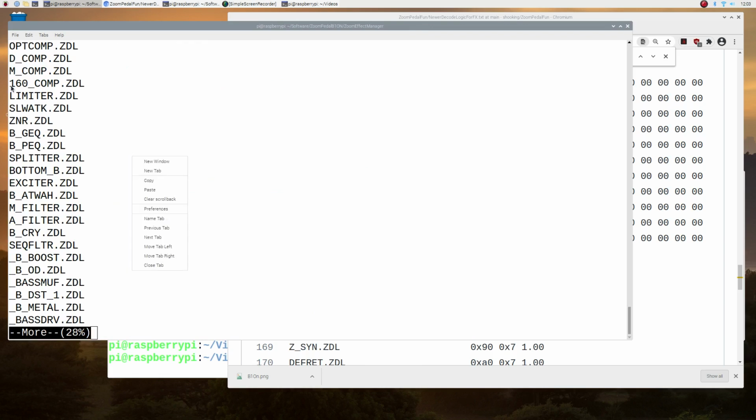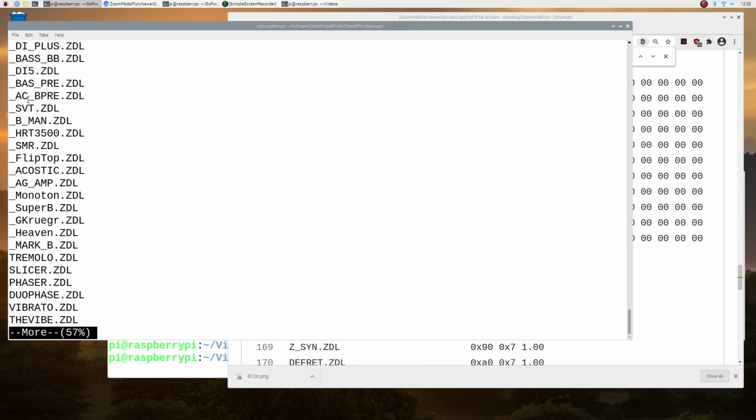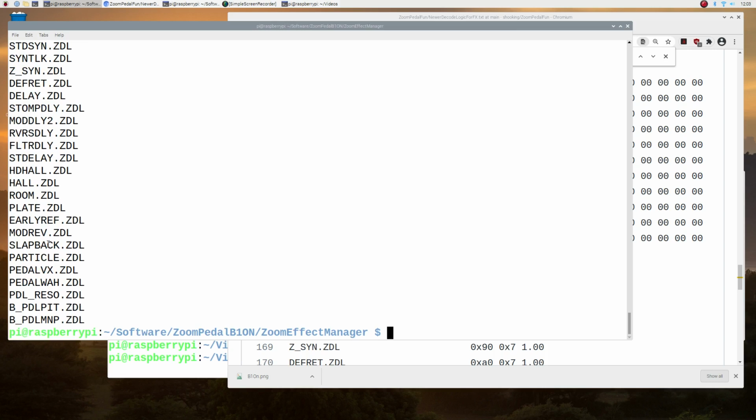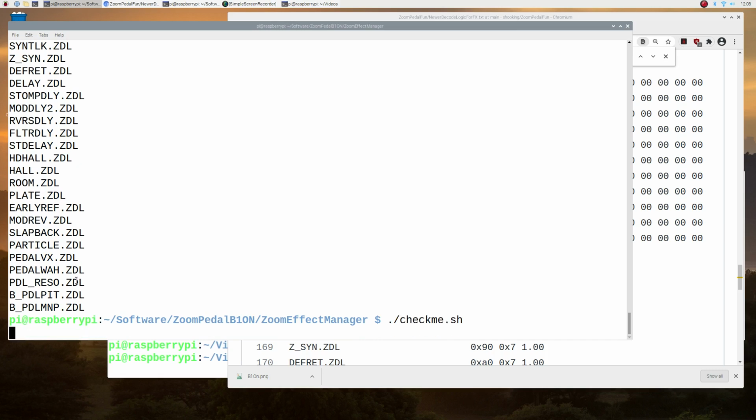I think on the web page I need to make that 160. I made a mistake somewhere. So this is what, when you look through the dump, this is what's in the sequence. Okay, so if we run check me, it will do the same sort of thing, but it will pull them out in the